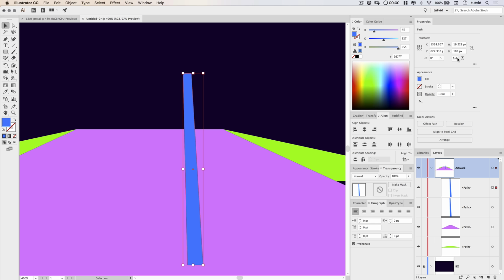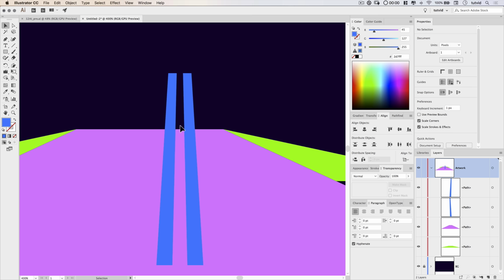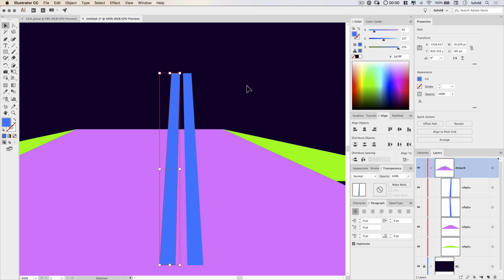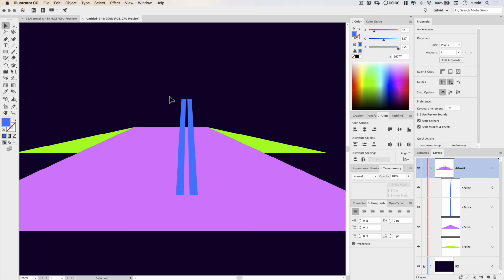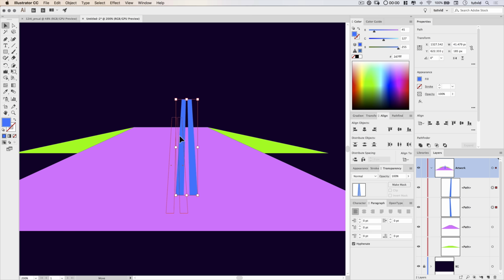And really, all I need to do is hit the Flip Horizontal button here in my Transform panel and drag it over. I'm holding down Shift just to sort of keep it in line. And then you can nudge this closer together or however you think it needs to be to create some road lines for you. And then I want to drag this to the center of my road.